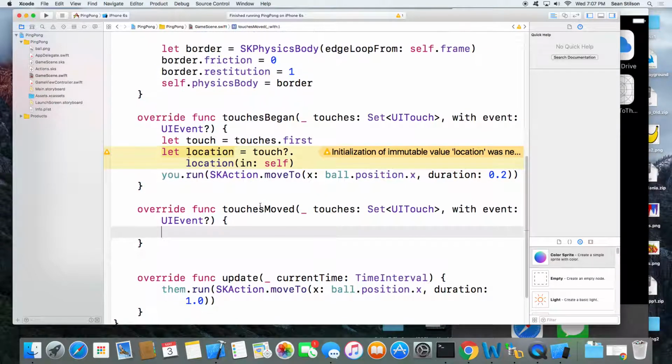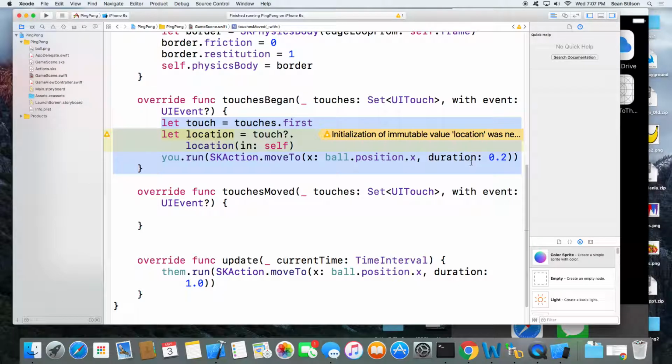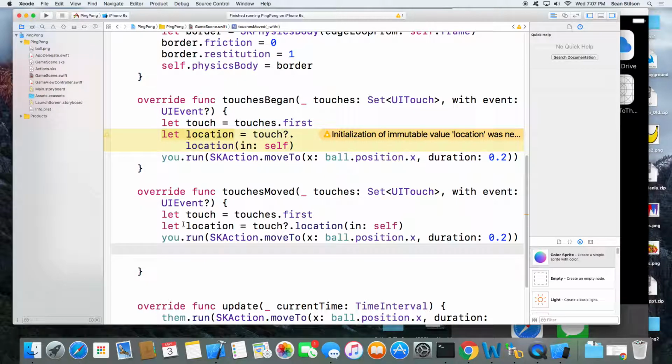Basically, we can copy the code from up here and paste it down in touchesMoved, the whole thing, because you'll need to get the touch object and location and all that.